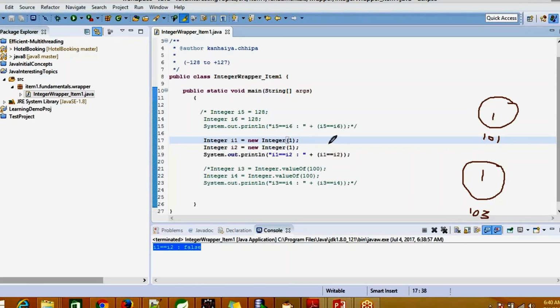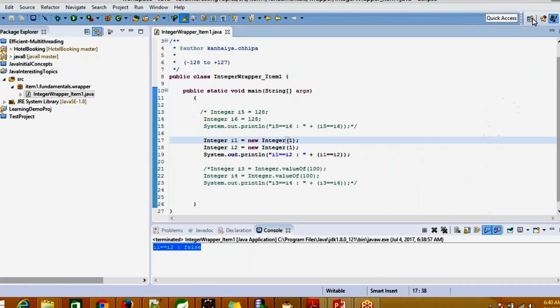Keep in mind one thing: whenever you are using the integer class, the preferable way is integer auto boxing, or one far more efficient way than auto boxing itself is using the valueOf method provided by the integer class itself. So let's look into that also.